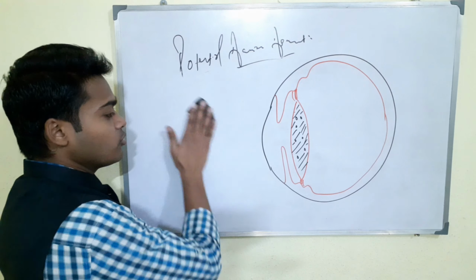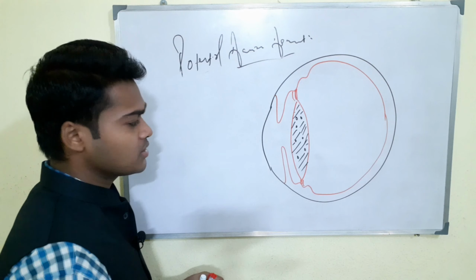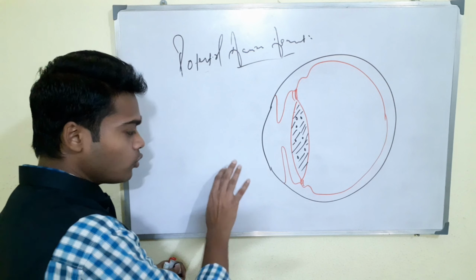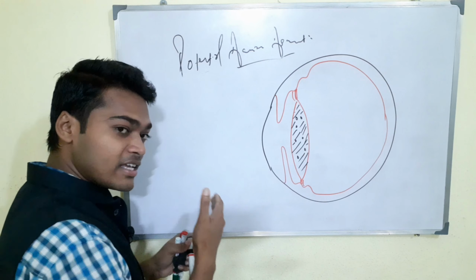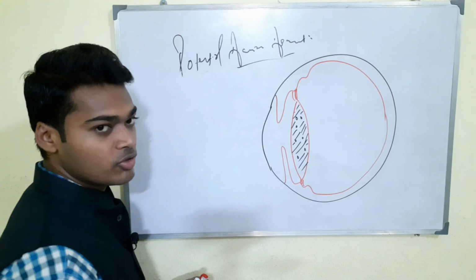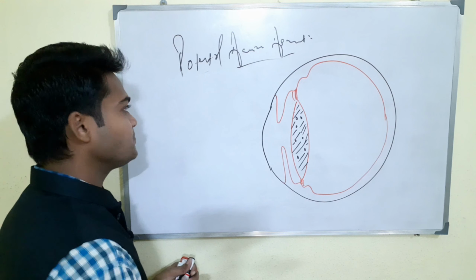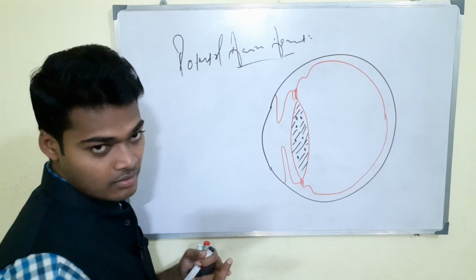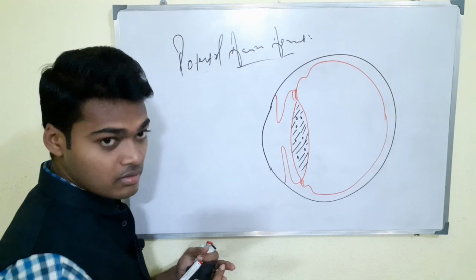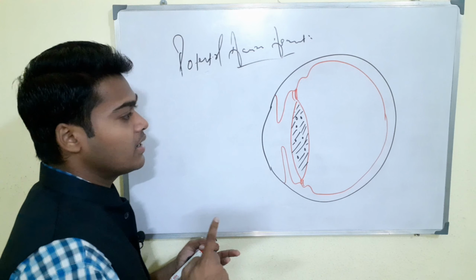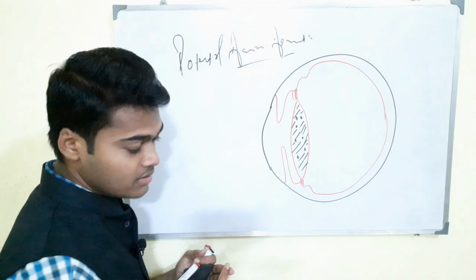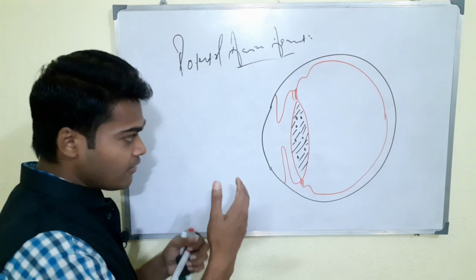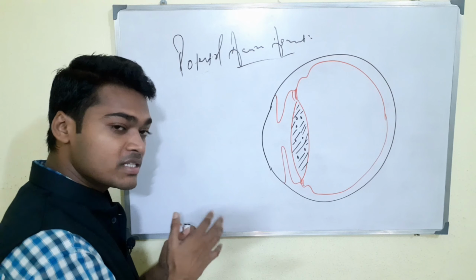So what is a potential acuity meter? I will give you a gross idea about it, then I will show how you measure, and what actually happens when you take the measurement of potential acuity. The potential acuity meter is made up of a Snellen's chart, a bulb, and a combination of prisms. I already told you about the Snellen's chart for visual acuity. All these things are responsible for the measurement of PAM, and I will show you the diagram of the potential acuity meter.